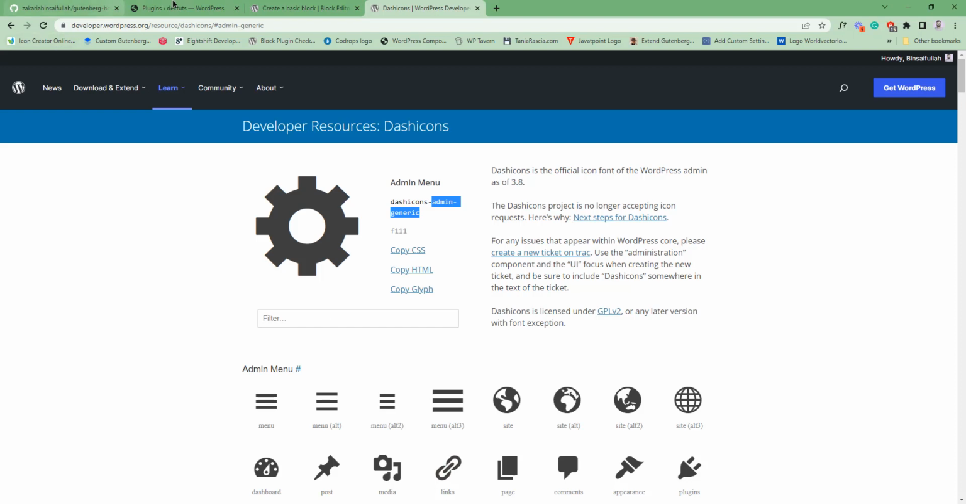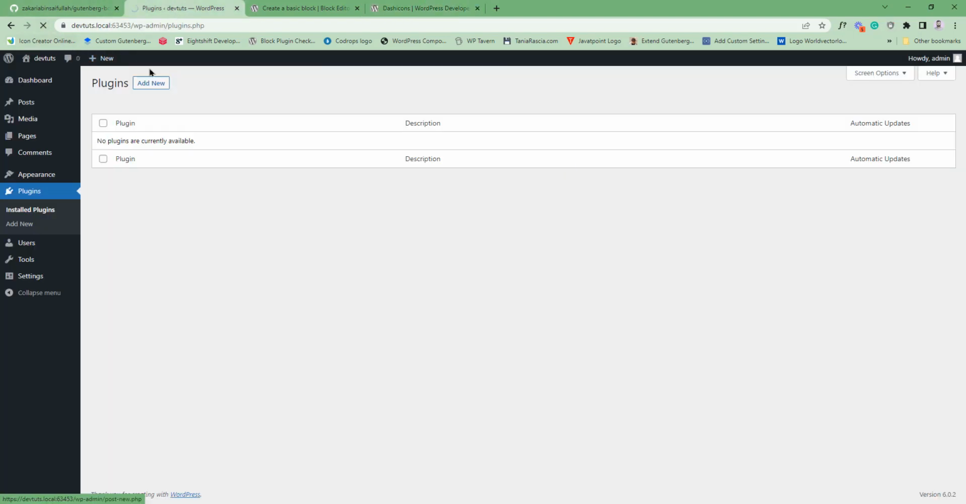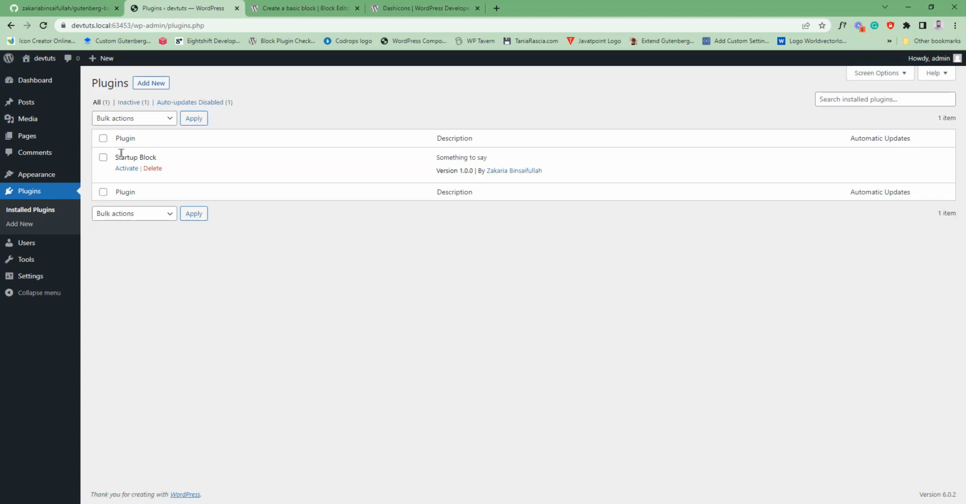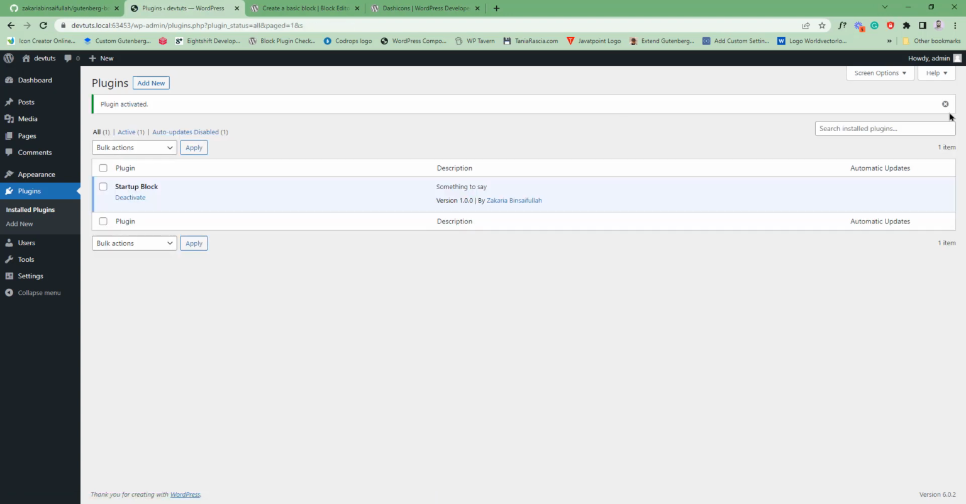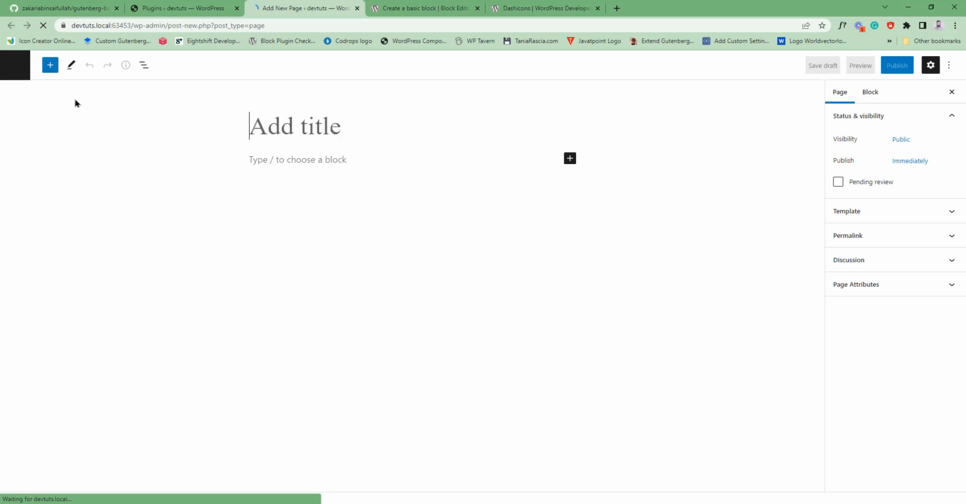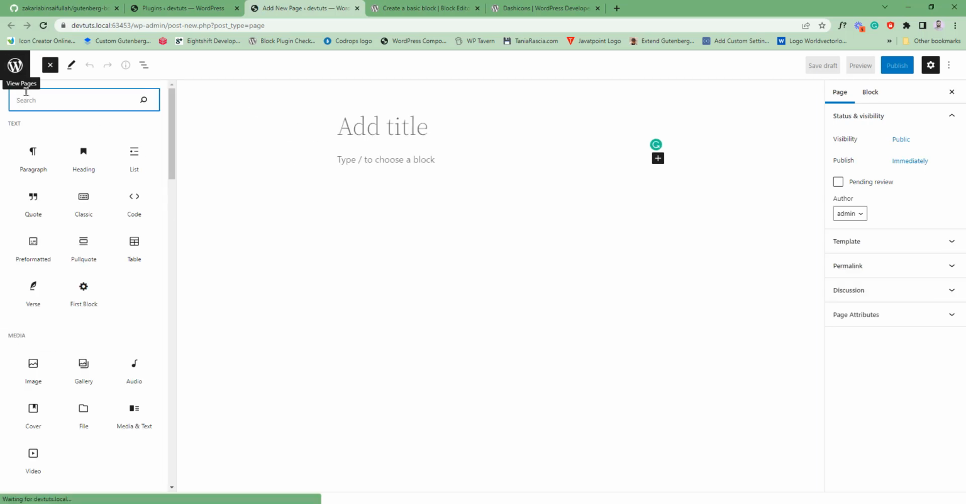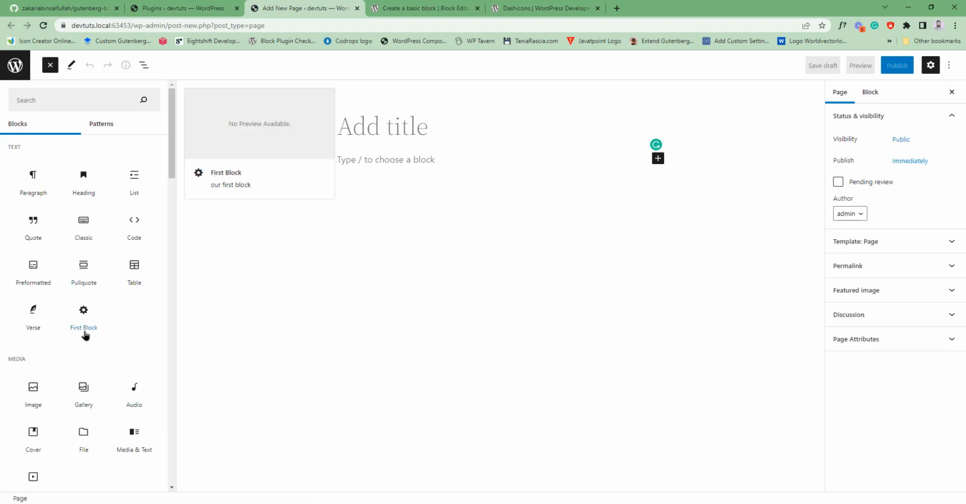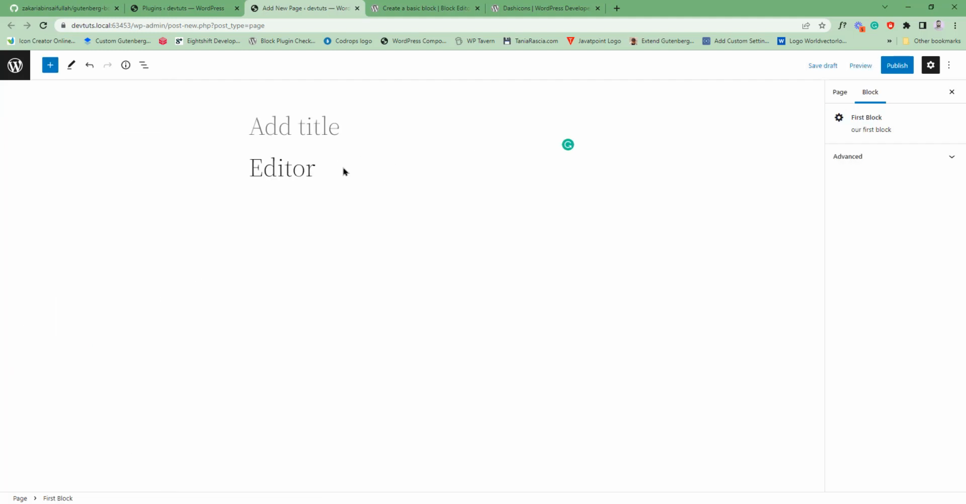Now if I go to my dashboard and check out the plugins, I will see our first startup block plugin is here. I want to activate it. Our plugin is successfully activated. If we go to a new page and check the block insert library, inside the text category we will find our first block. You can see this is our first block, and if I click,